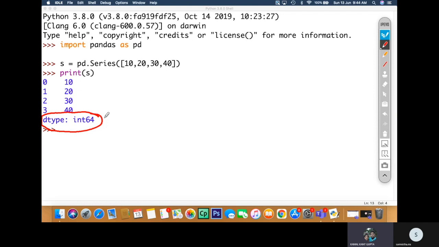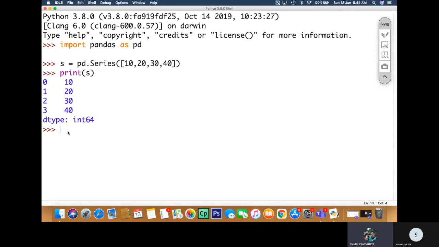Now let us do a small experiment over here. Let us change one of the integers into something else. Let us not take homogeneous values. What we have done here is that we have taken homogeneous values 10, 20, 30, 40. These homogeneous values are there in NumPy. NumPy always takes homogeneous values. Whatever values you keep in a NumPy array must all be integers if the first one is an integer, and if the first one is a string, then all the things must be strings.